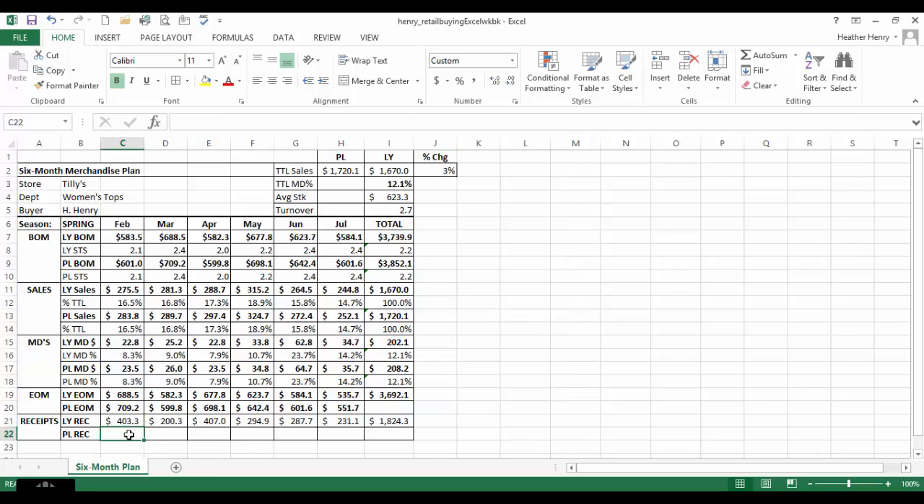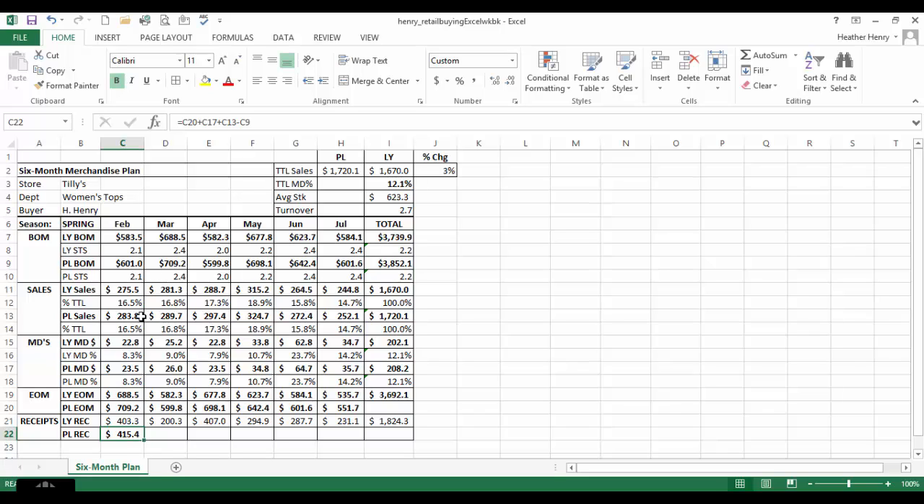Now we need to figure out our receipt plan. In order to determine our receipt plan, what we simply have to do is we take the BOM for the next month, or also known as our planned EOM, plus our markdown dollars, plus our sales, minus our February BOM. So we take our EOM plus our markdown dollars plus our sales minus the BOM for the month. And that will get us a receipt plan of